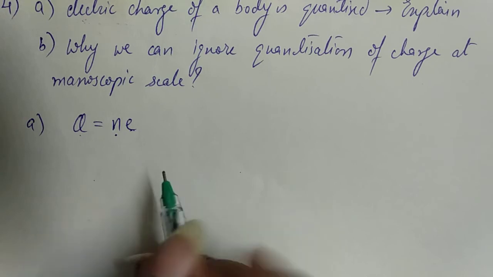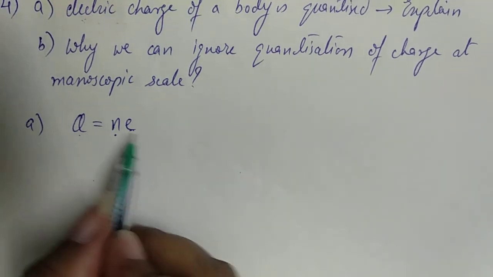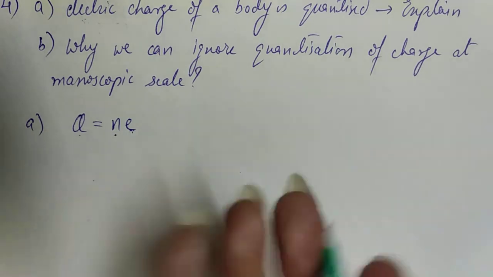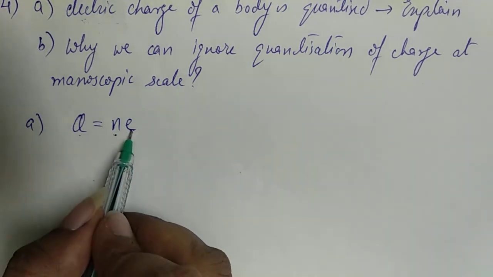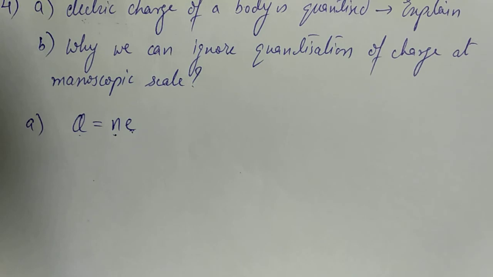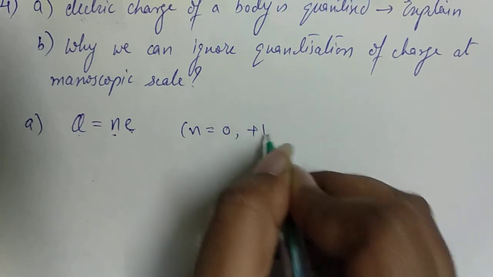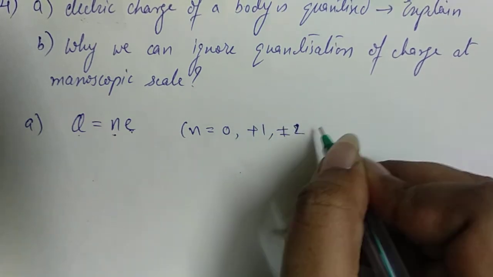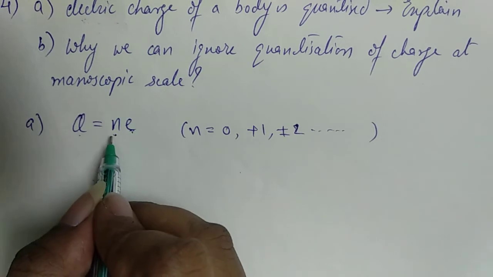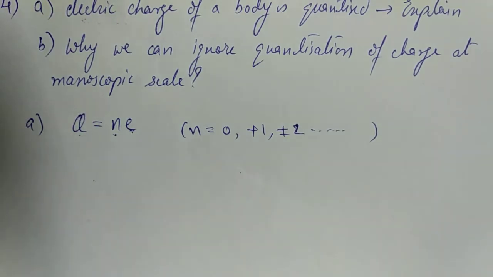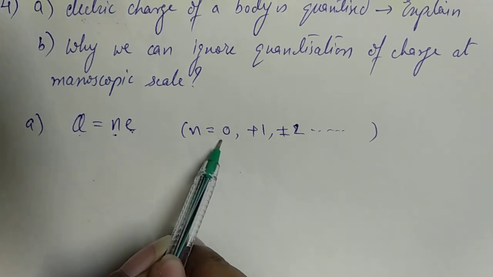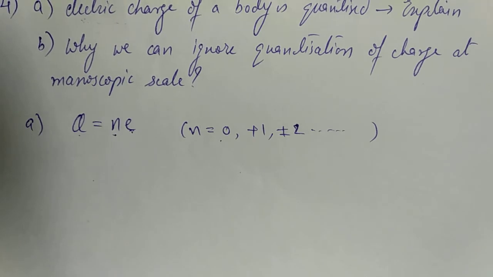Means if we have a charged body, then it can have either 1 electron or 2 electrons or 3 electrons. It will be an integral multiple of fundamental charge. Like here N is going to take values 0, plus or minus 1, plus or minus 2, etc. Why is it so? Electrons cannot be broken. ऐसा तो पॉसिबल नहीं है कि कोई भी बॉडी है उस पर आधा इलेक्ट्रॉन होगा. आइदर एक पूरा इलेक्ट्रॉन होगा या तो नहीं होगा. सो इफ नो इलेक्ट्रॉन इज प्रेजेंट इन अ बॉडी, then it will be neutral, it will not have any charge.